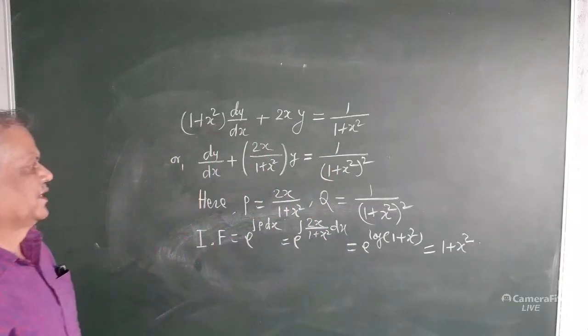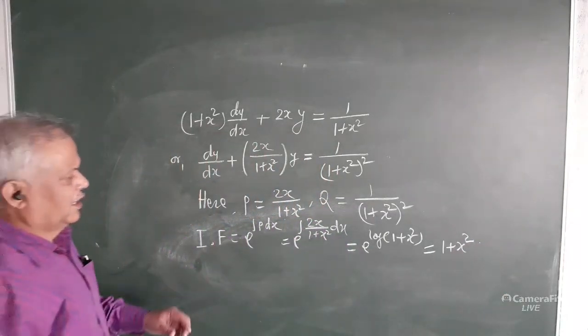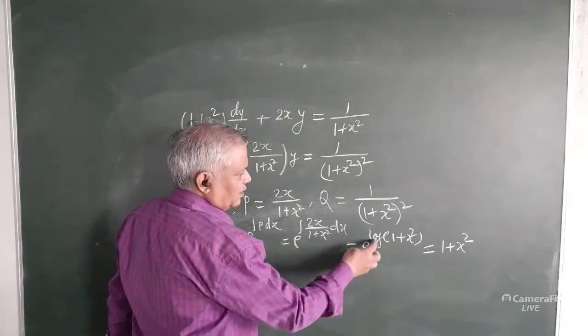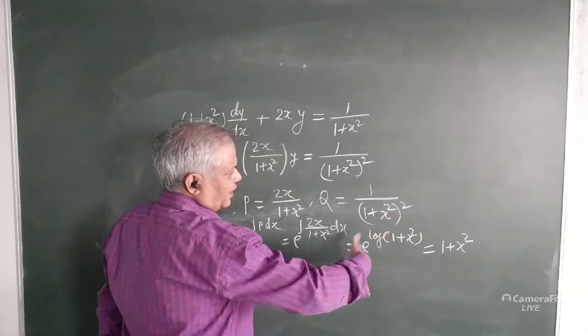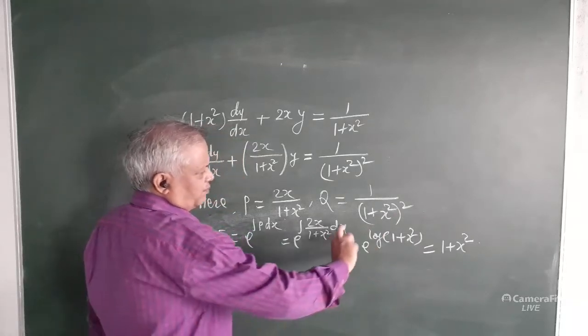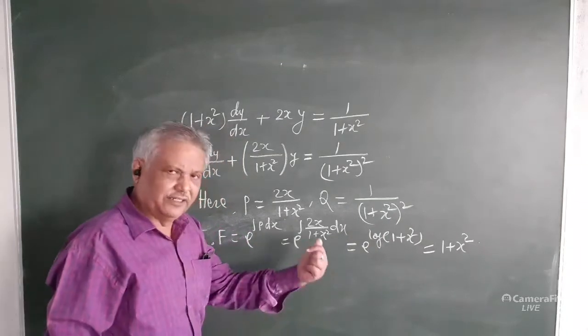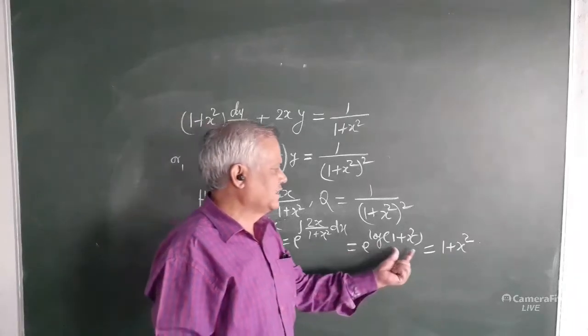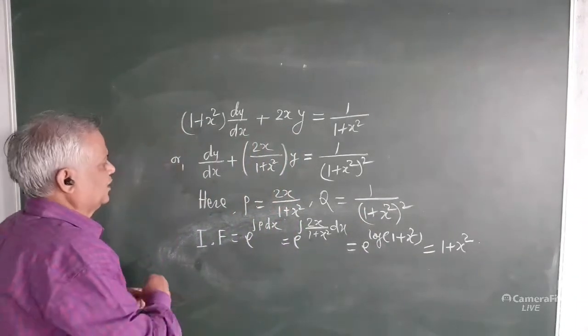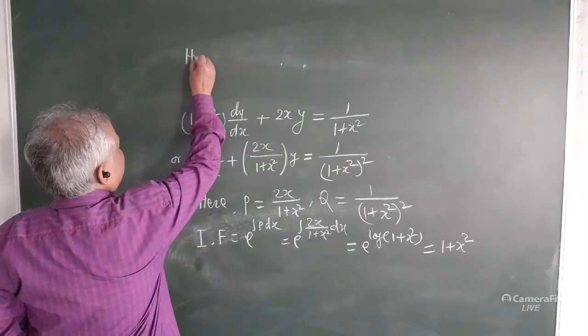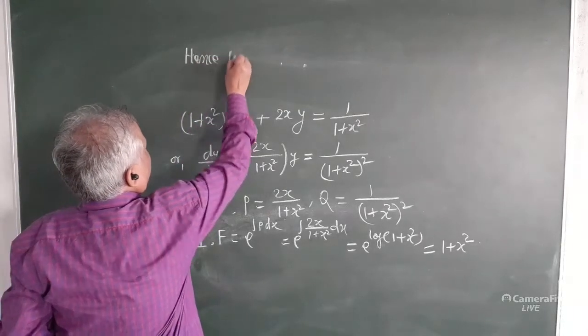We know that e and log under the same base e are inverse of each other, so the composite of the two becomes an identity function. So we have this, and hence the solution of the differential equation is